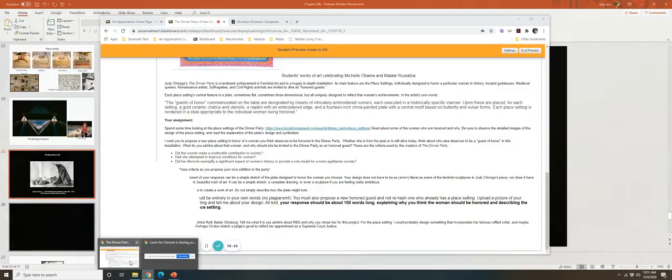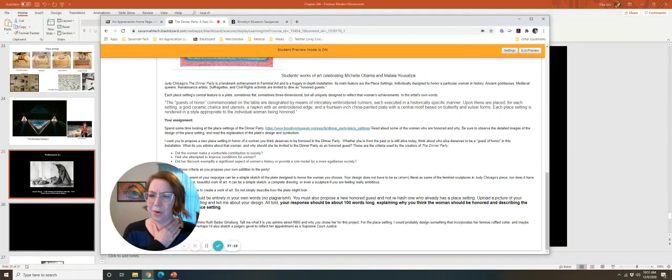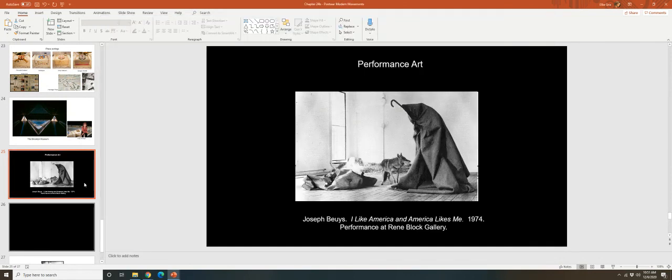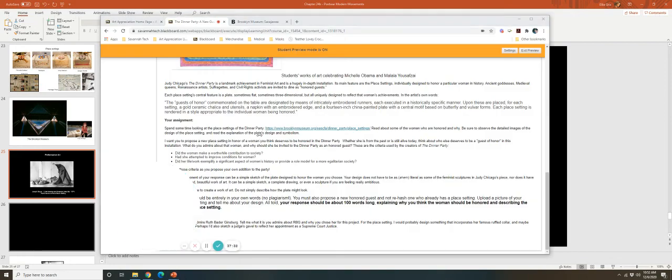It's an artist making a performance, kind of like a play in a way, but it's usually kind of limited in scope. Normally, I'd take more time to explain it, but this involved a performance where Joseph Beuys lived with a wild coyote for a week, wrapped up in a tablecloth and with a weird shepherd's crook coming out of his hands. For an entire week, these two lived, ate, and slept together in an art gallery in a cage. You would come to this art gallery and see this man living with a wild coyote. It's a very strange sort of idea.